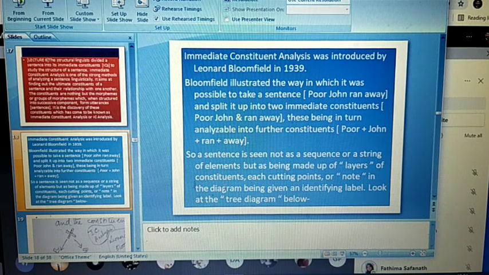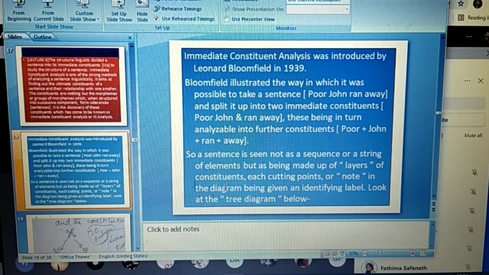You are splitting poor John ran away into subject and predicate, these being in turn analyzable into further constituents. Poor John ran away. Alright. So a sentence is seen not as a string of elements, but as being made up of layers of constituents,